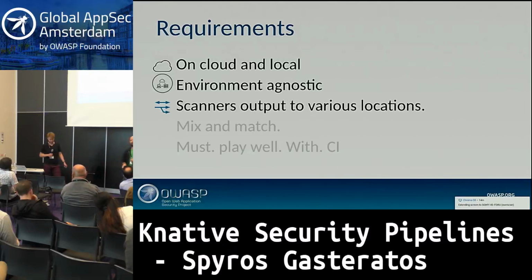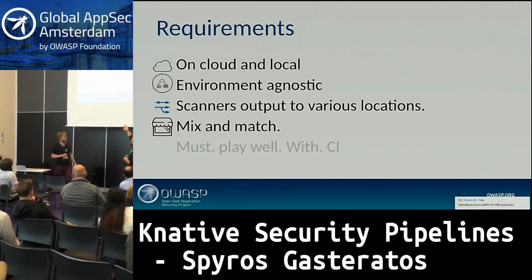We proposed a solution that runs on Jenkins and just dumps results to Elasticsearch. Got shut down very quickly. They told us that you need to be able to mix and match everything. So run locally, run exactly the scanners you want, output to your custom place just because you prefer something like Phabricator, or we might switch to Jira. So it needed to be able to do Jira, or Elasticsearch. We have a person in our team whose favorite tool is Elasticsearch. So we needed to integrate Elasticsearch as well.